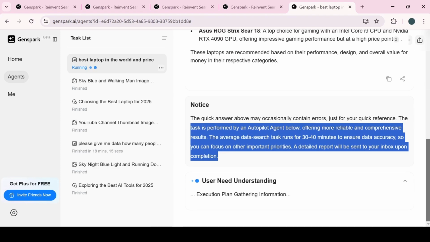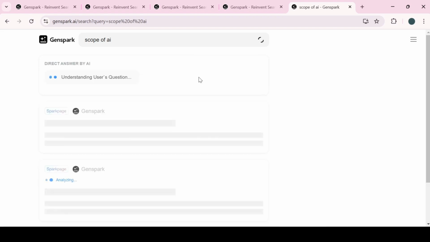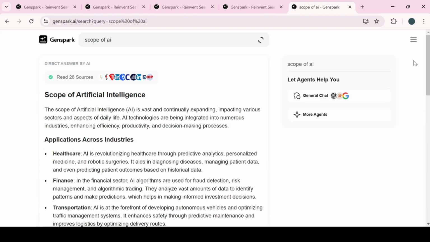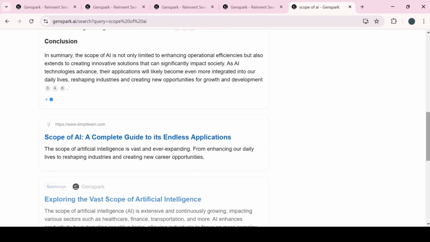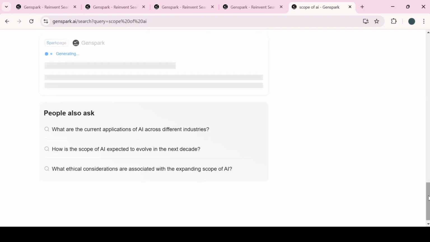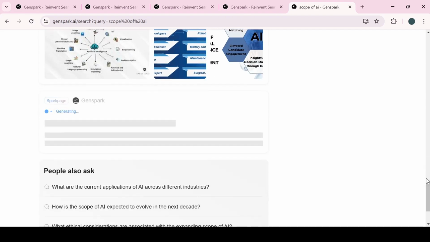Okay, and the best thing I want to share with you: if you search scope of AI. Okay, now we research and extract the 28 sources. Now the best thing I want to show you is how it gives us